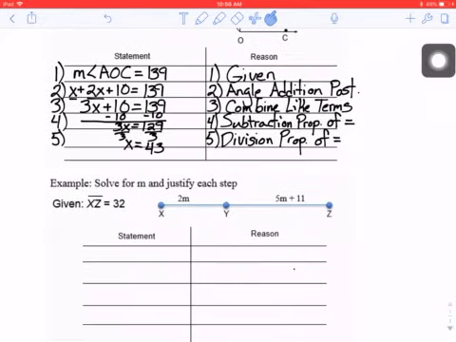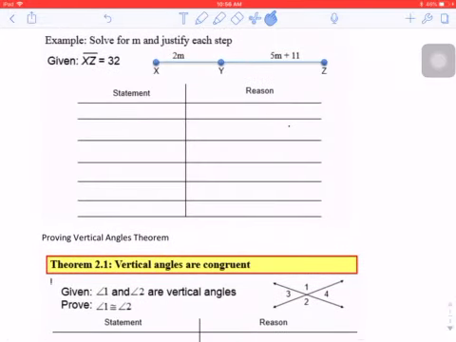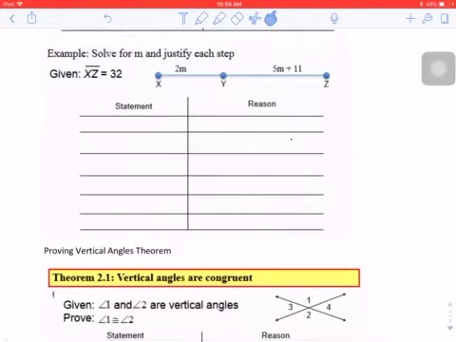So, next example, we want to solve for m and justify each step, and we're given that line segment XZ, that's what that little bar at the top means, line segment XZ equals 32. And remember, XZ goes all the way, so this whole thing is 32. And I remember that these two parts, since they make up the whole, I should be able to add them to make 32. So, doing our proof, since we have to justify each step,